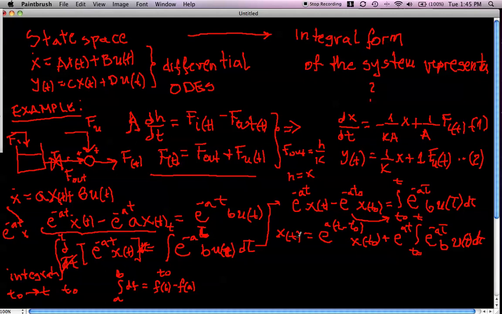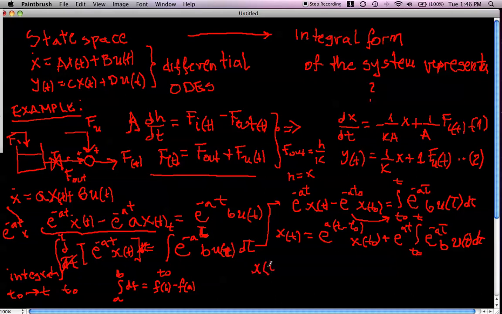So this last expression is just obtained by multiplying this entire expression by e to the a of t. And now, since this is a function of t, it can go into the integral, so that finally we obtain